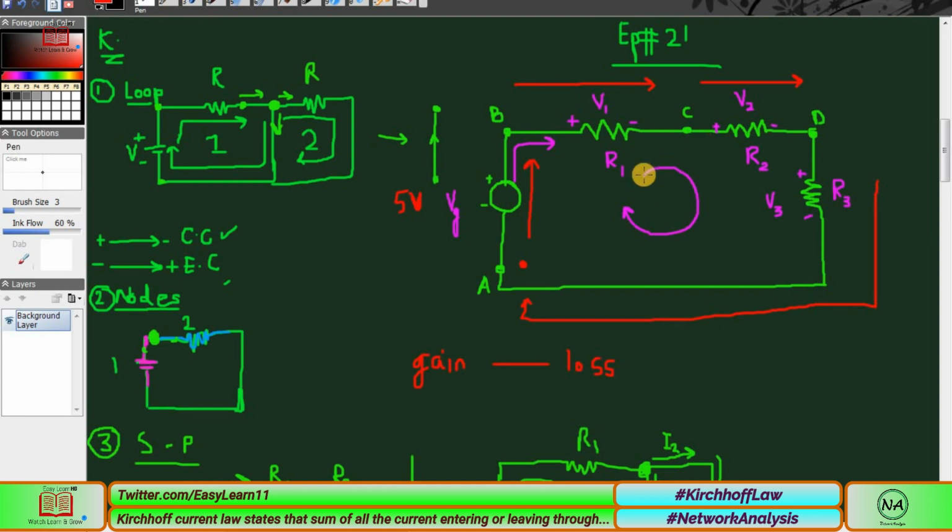Around any closed loop like this, at any instant of time, the sum of the voltage drops must be equal to the sum of the voltage rises. We can say the gain must be equal to the loss, so overall there must be zero. Like, if we use this diagram and want to define different steps using a very simple resistive network,